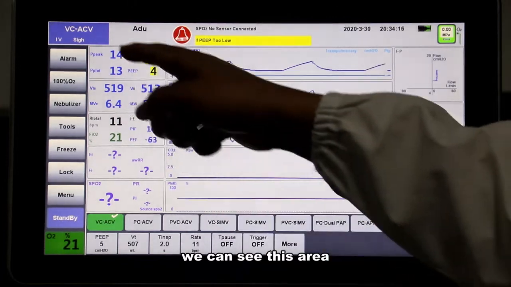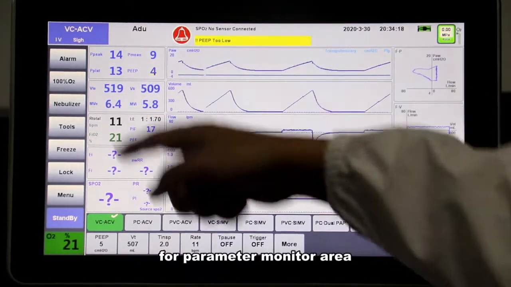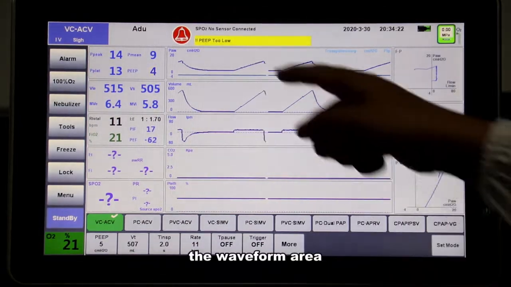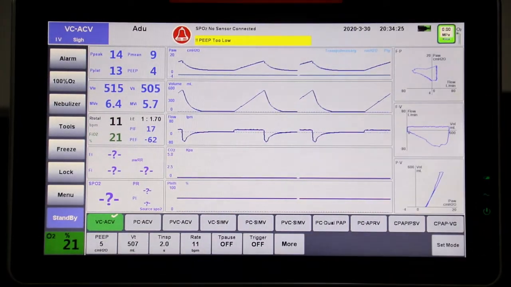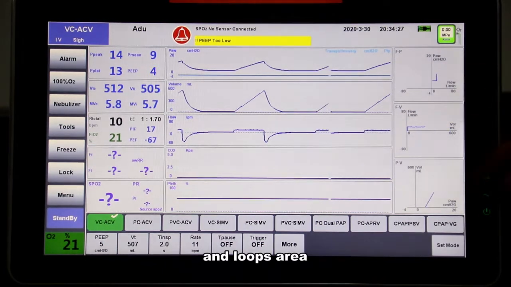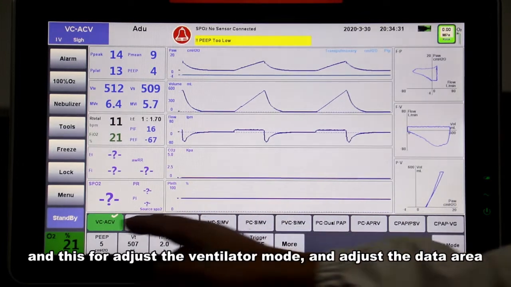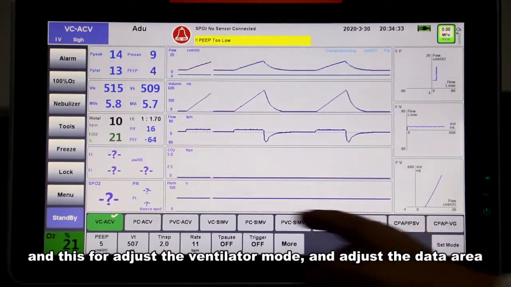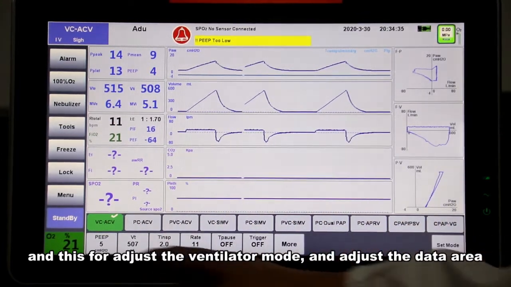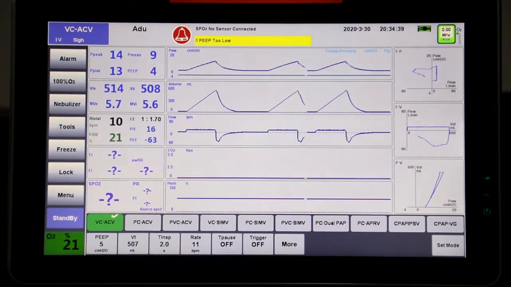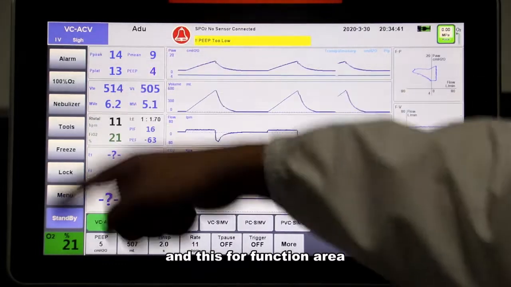We can see this area for parameter monitor area, the waveform monitor area, and the loops area. And this for adjusting the ventilation mode and adjust the data area. And this for function area.